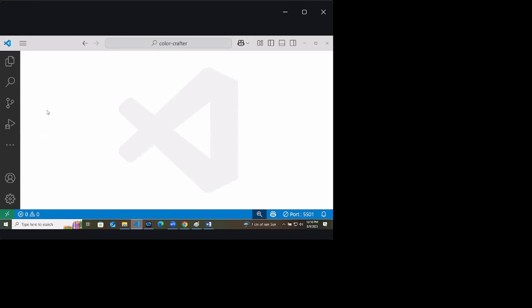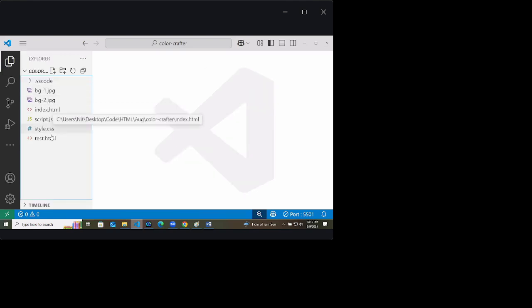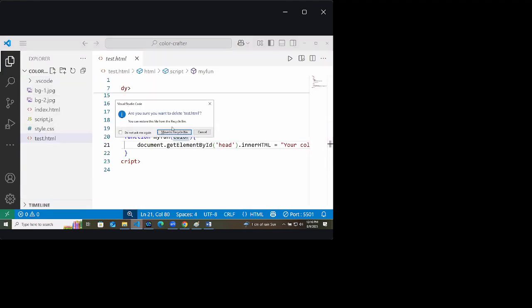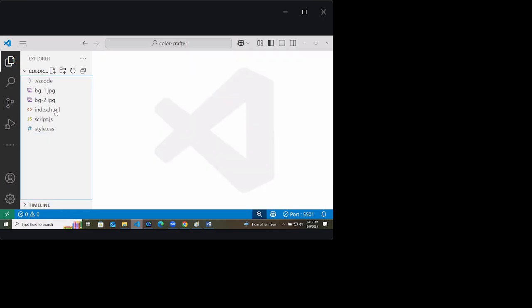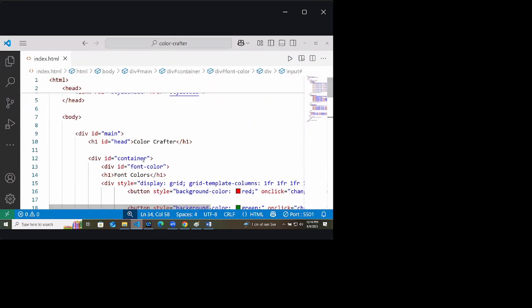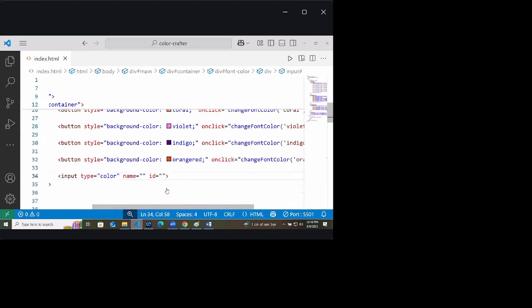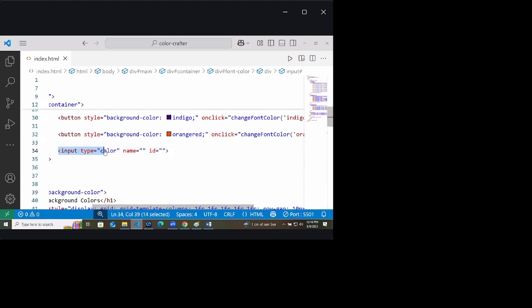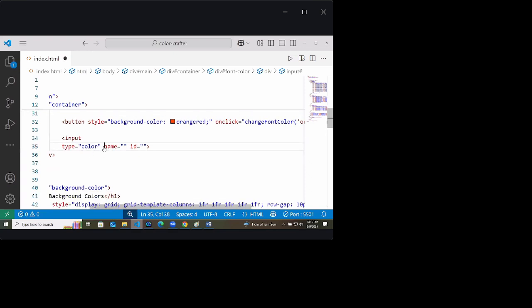Now go back to the same project, color and font picker. Here we have provided a font option with input type as color. It does not have any name, no ID, nothing.